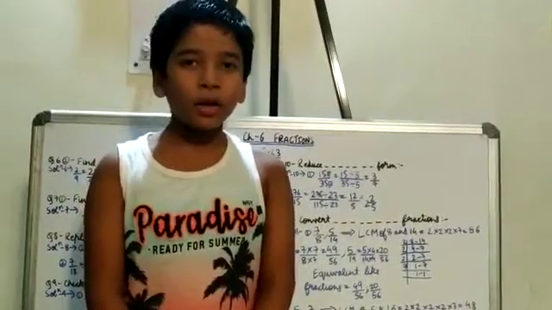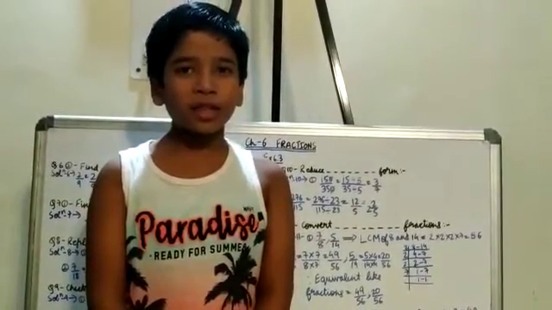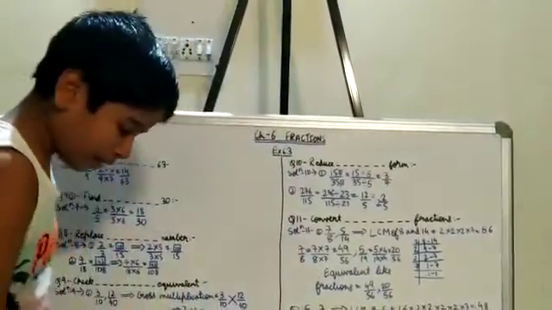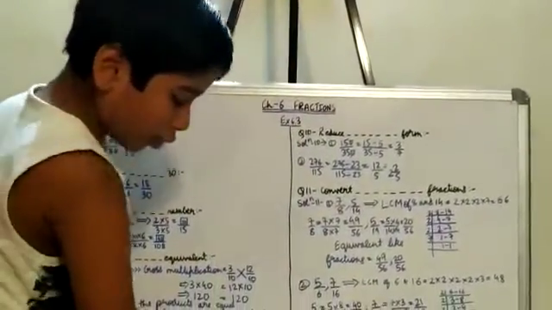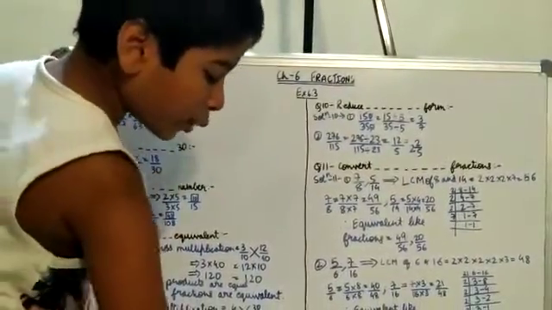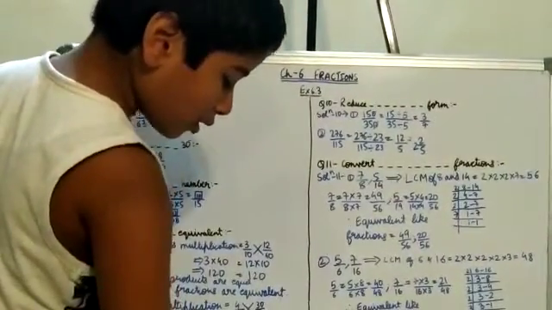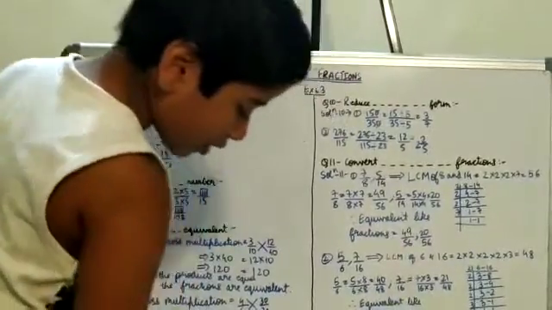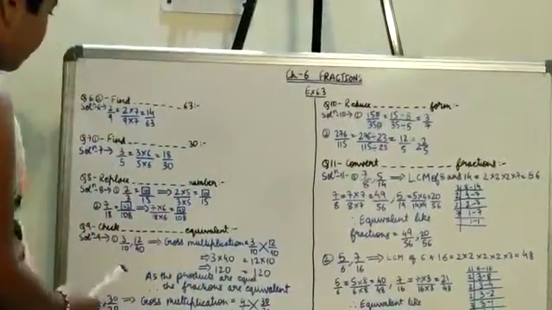Good evening. Today we are going to start with exercise 6.3 of chapter 6 Maths. As you know, questions 1 to 5 are very simple. We have studied them in previous classes also, so you can try them. We will straight away start from question 6.